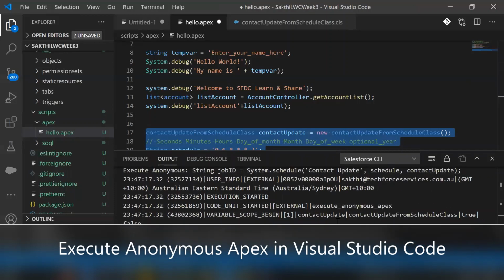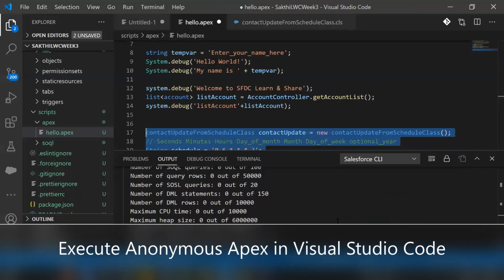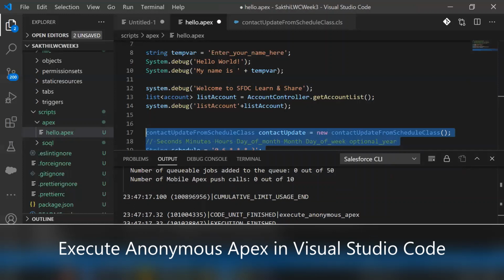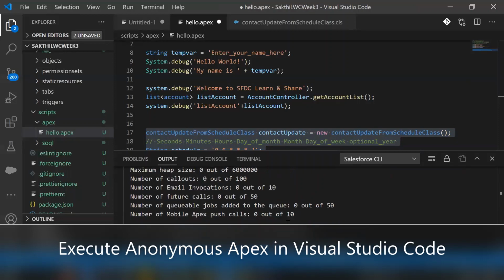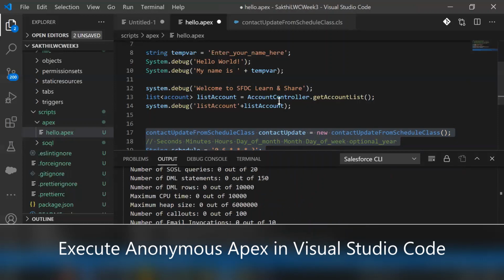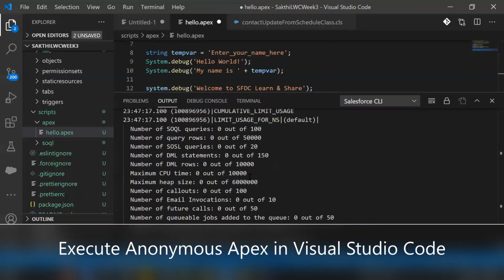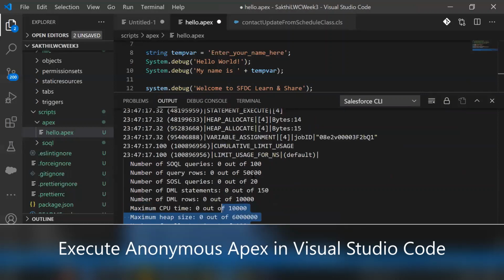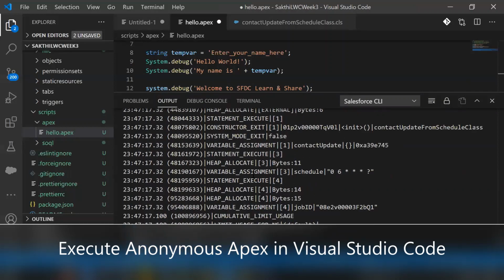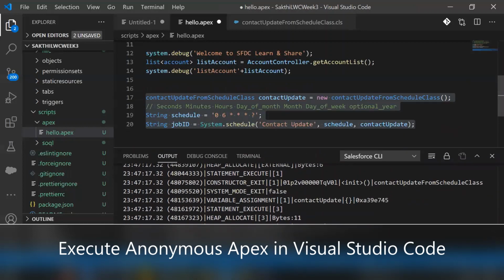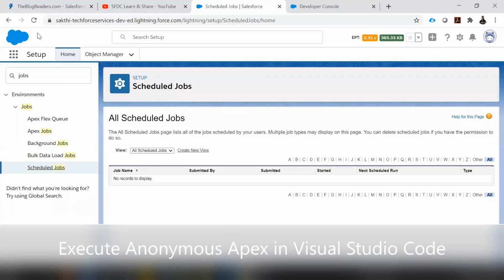Let's check the log. It's finished, Execute Anonymous Apex, and we can get all the information, whatever we get from the developer console, similar logs we receive from Visual Studio Code also. So the scheduler job executed. Let's see in the Scheduled Jobs section.